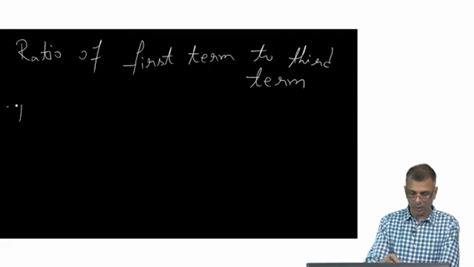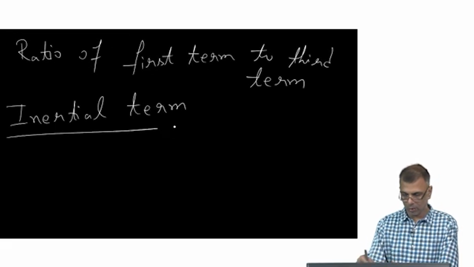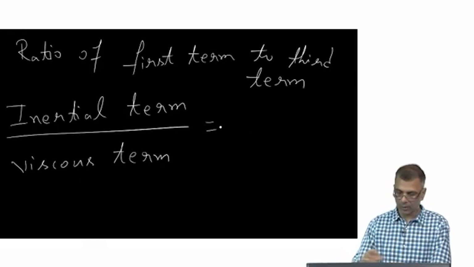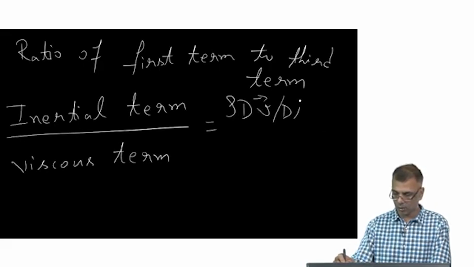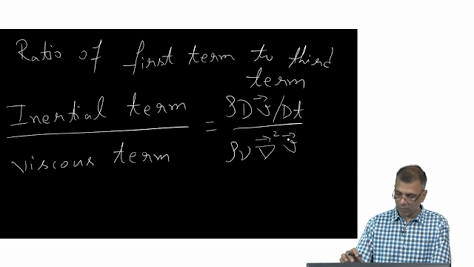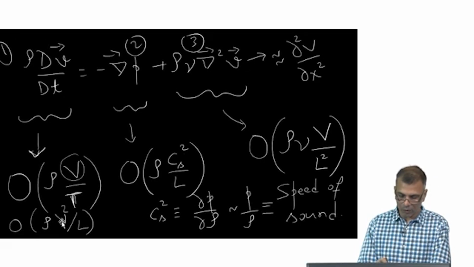In other words, inertial term over viscous term, which is essentially the rho dV dt over rho nu. The ratio of these two terms is, notice this is of order rho v squared over L,